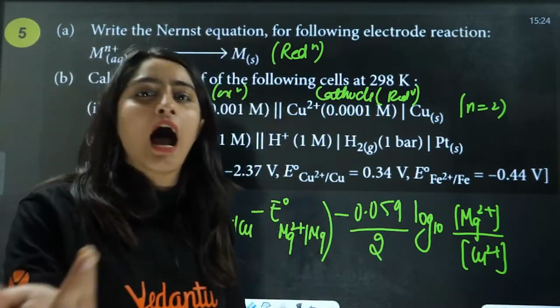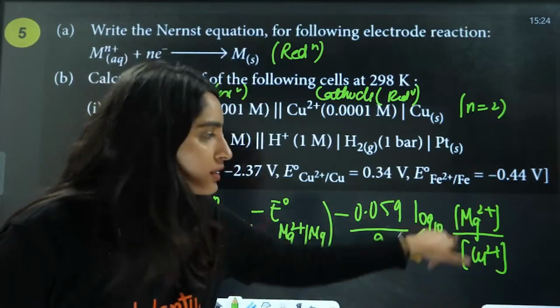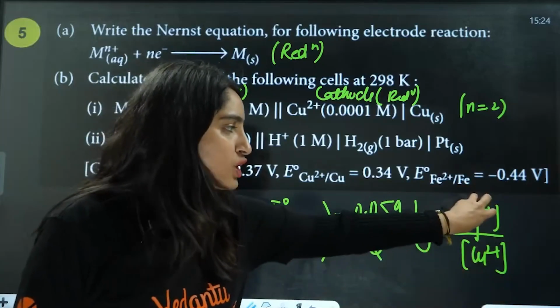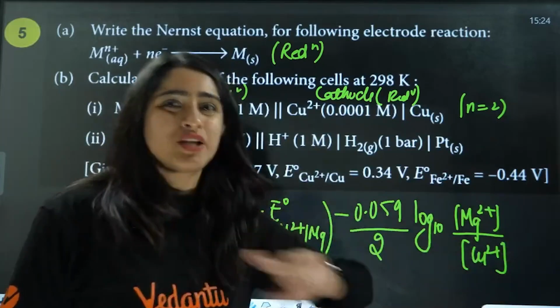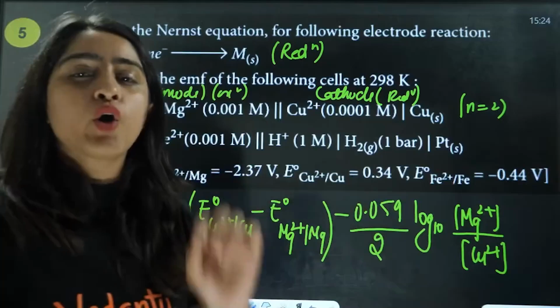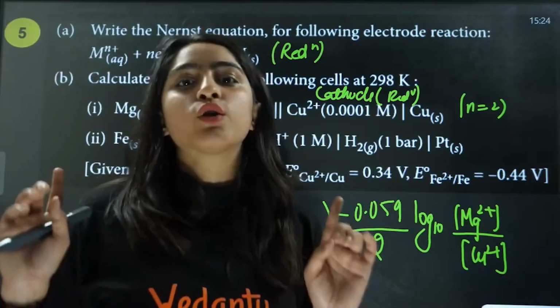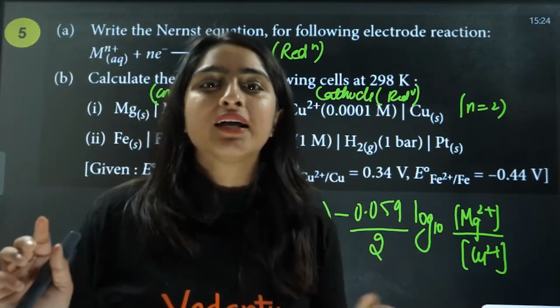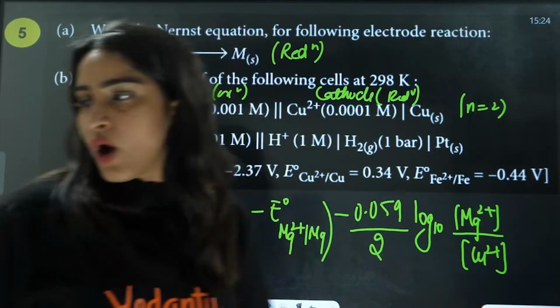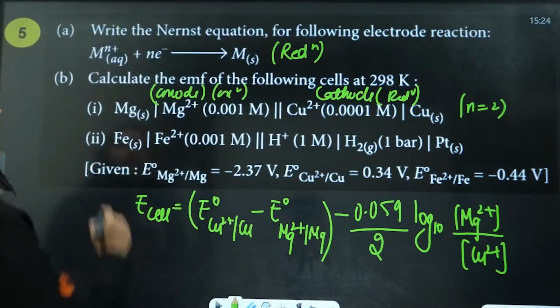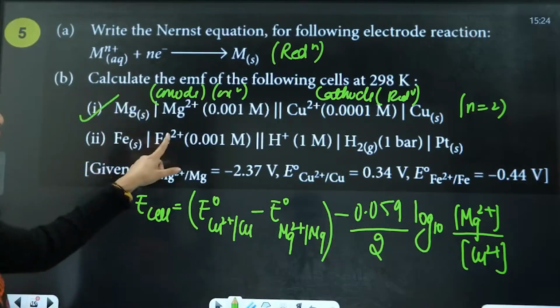They will just cut half marks from there. If you have written everything correctly, Mg2 positive here, CO2 positive here, and you have put the values correctly, then they will not cut your marks. They will hardly cut half marks for calculations. Okay, yes bacha. Next part here is Fe, this one.